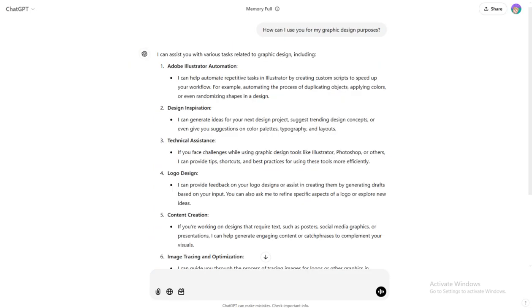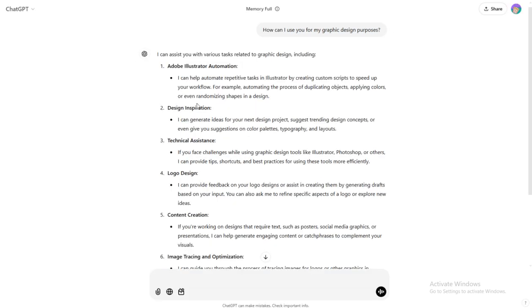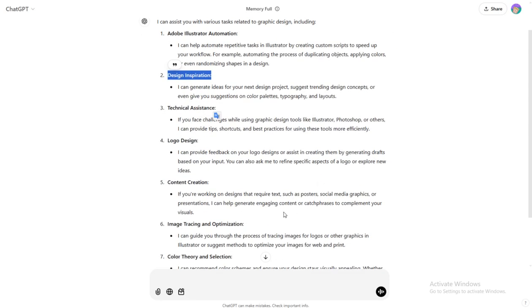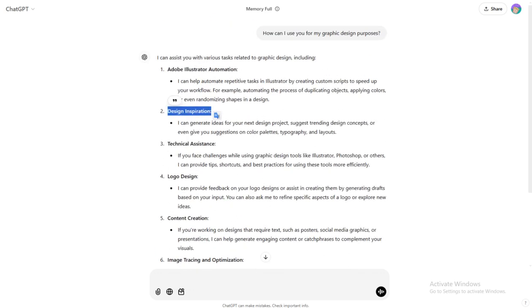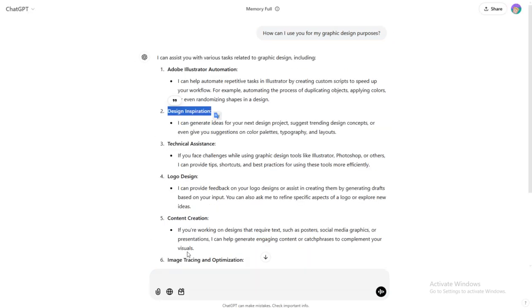And let's ask the second question. As both of them have something in common, idea generation and design inspiration, I find something similar for both of them. So I'm going to give them a brief, and maybe it will be related to logo design. So let's start. I want a logo for my company